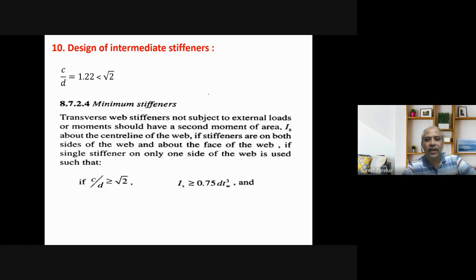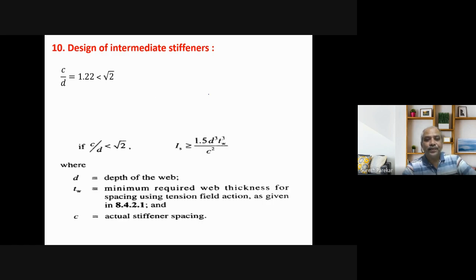So load bearing stiffeners we have not calculated in this. Then we have design of stiffener. So we have 8.7.2.4. Again, this is transverse stiffener, and end bearing stiffener also we have. So if d by c is greater than or equal to root 2, we have I as 0.75 d tw cube, but our value is less than root 2, and therefore we have to go